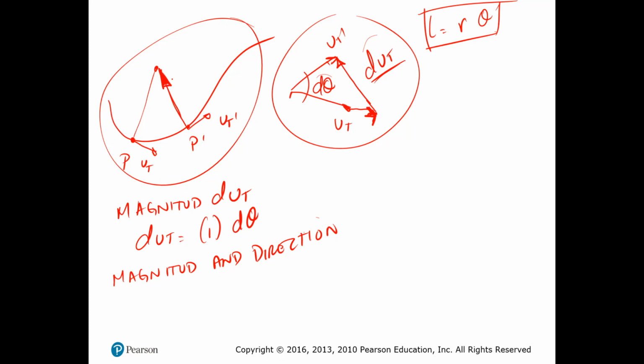And we're going to call that a normal direction. Therefore, dut as a whole will be equal to d theta that is being multiplied by the unit vector going into the normal direction. So what you need to do now is that dut